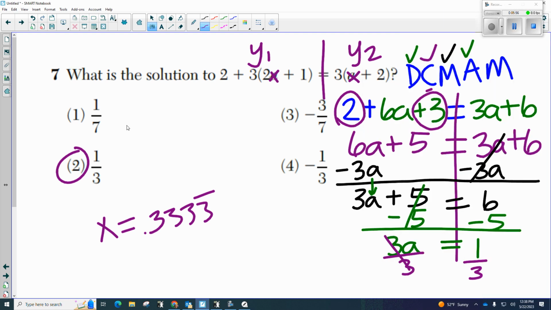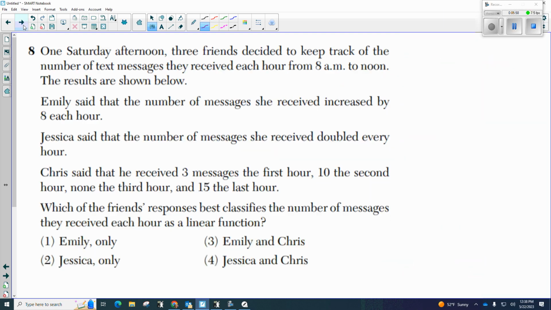All right. So sorry, I kind of took a long time on that, but I felt like it was important to go